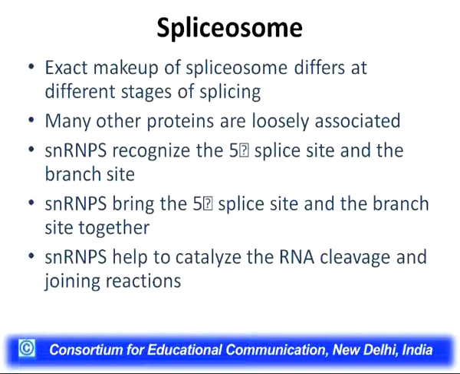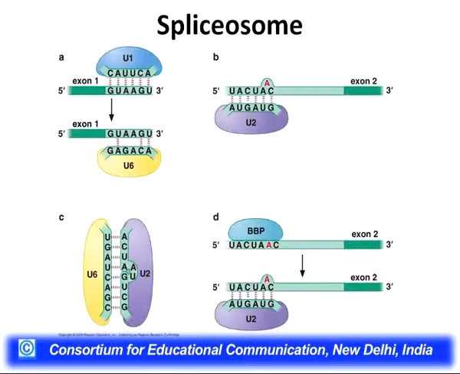The snRNPs carry out important functions of recognizing the 5' site, recognizing the branch site, bringing the 5' site and the 3' site together, carrying out the first trans-esterification reaction, and then the second trans-esterification reaction. It helps in joining the exons together,